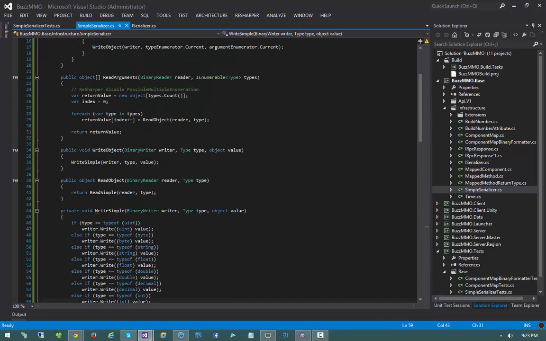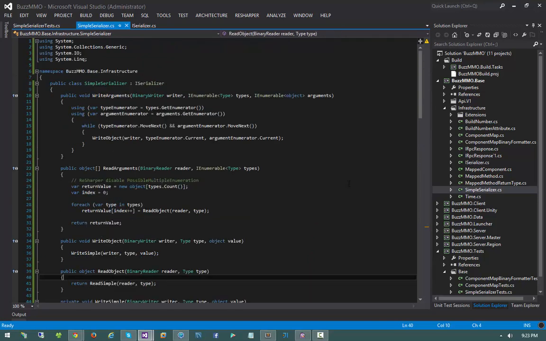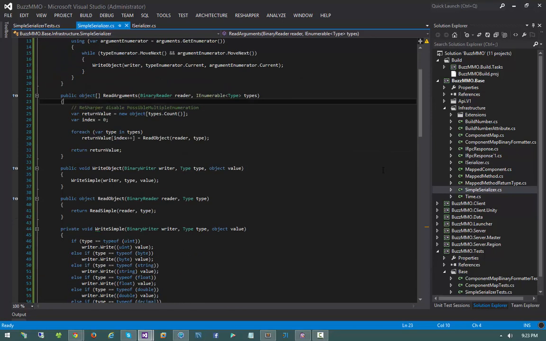But in the next video, I think what we're going to be doing is, first of all, we'll start off the video writing some basic tests for our write arguments and read arguments methods. Then we're going to move off into more complicated serialization, because we're also going to need to support nullable types, array types, enumeration types, polymorphic types, and custom types. And so we'll support each one of those as we go on. So we'll see you guys